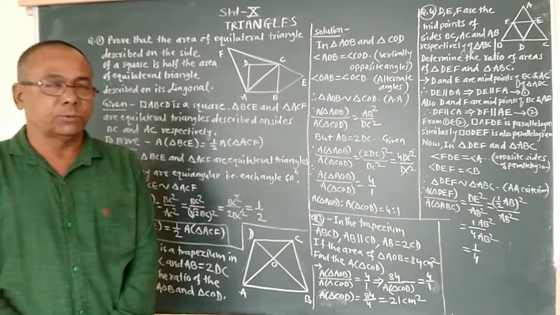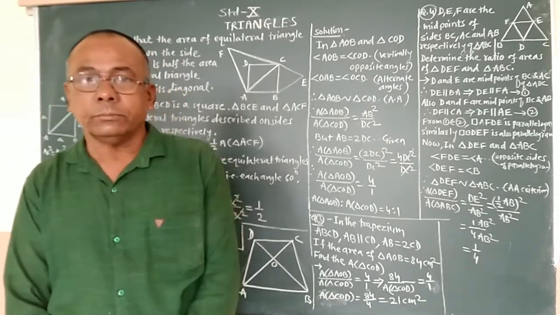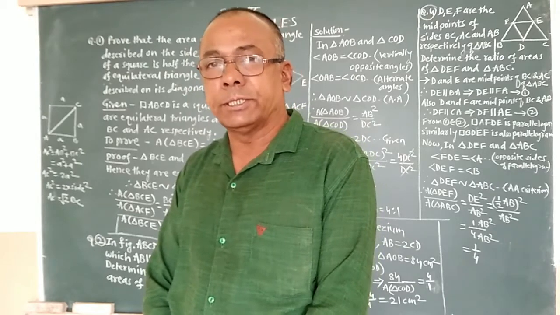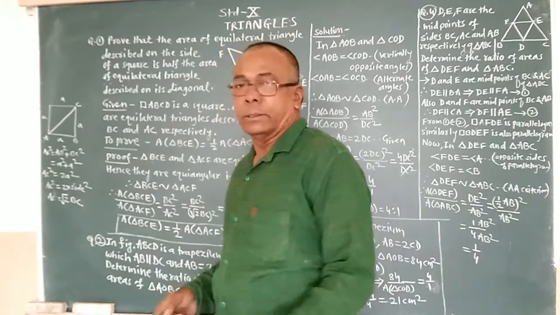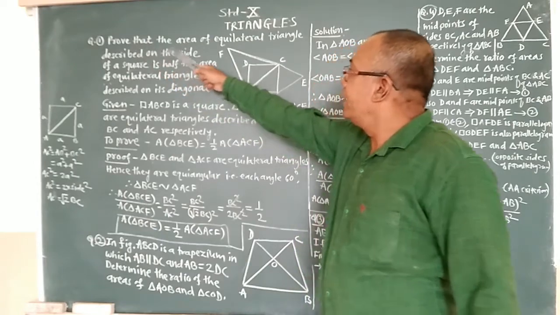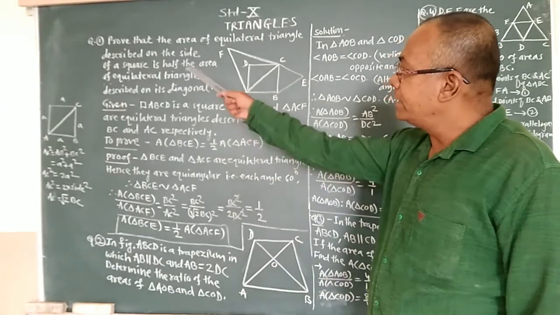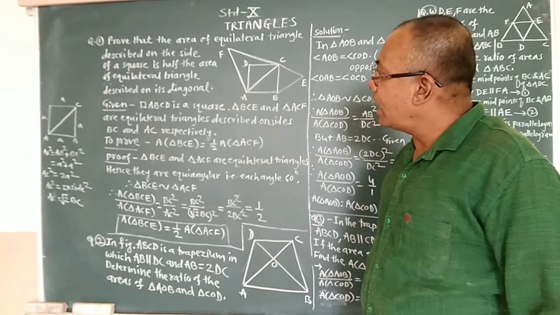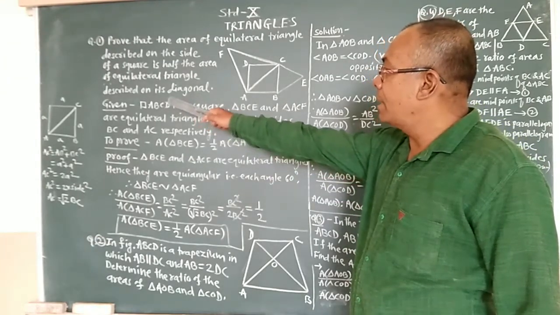Some examples we have to solve here. These examples are based on the properties of the similarity of triangles. The first example is: prove that the area of an equilateral triangle described on the side of a square is half the area of an equilateral triangle described on its